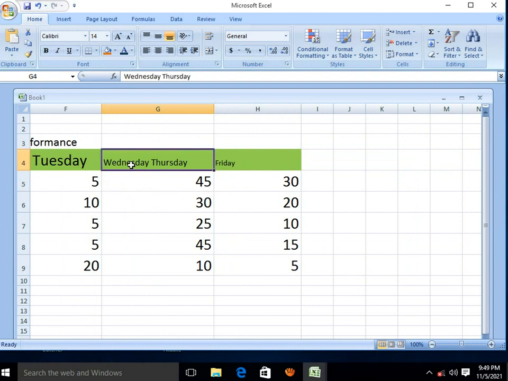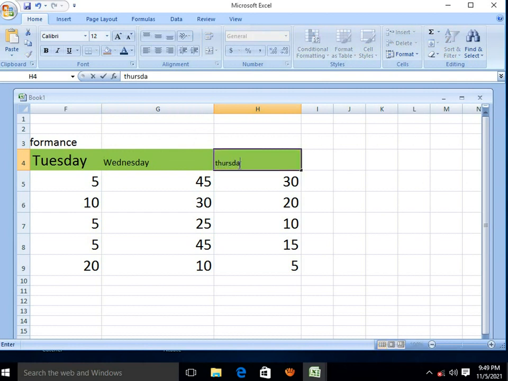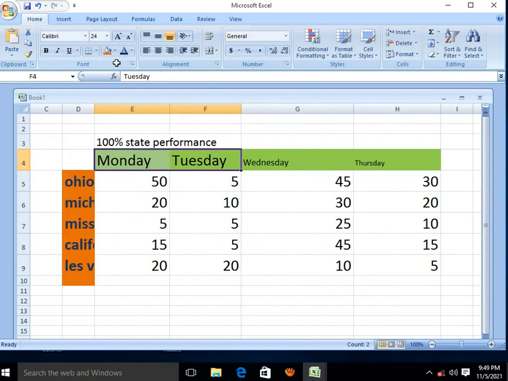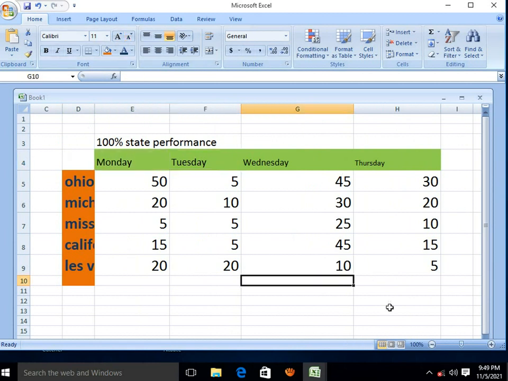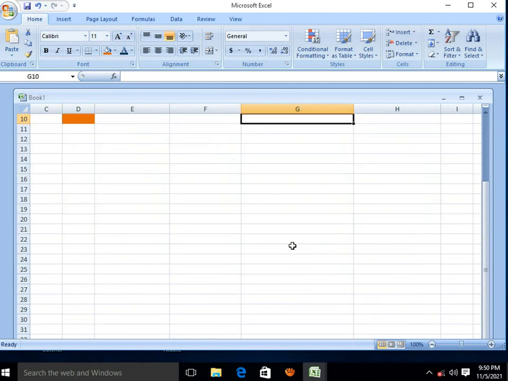So we may say Wednesday, then Thursday. Right here. So if this is our information that we are going to base on to create